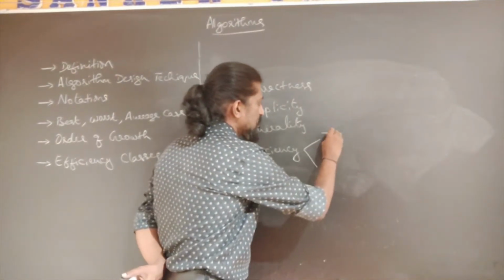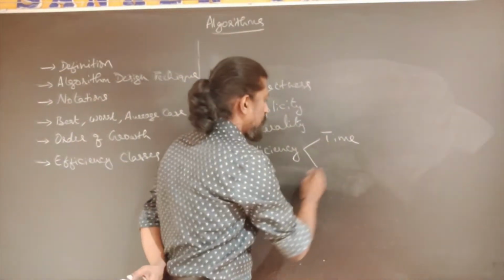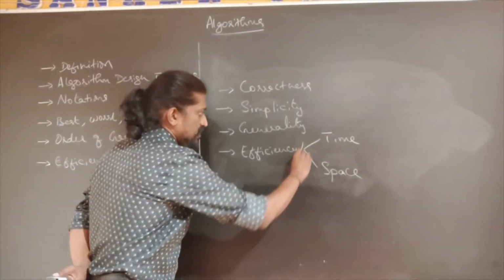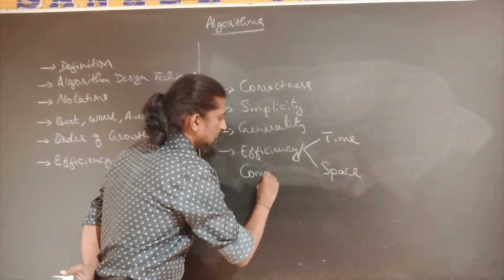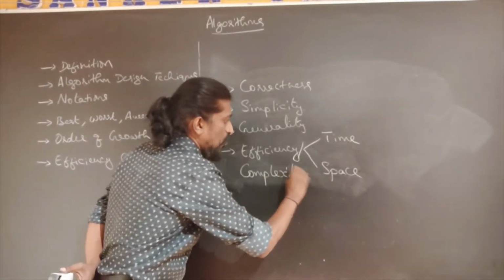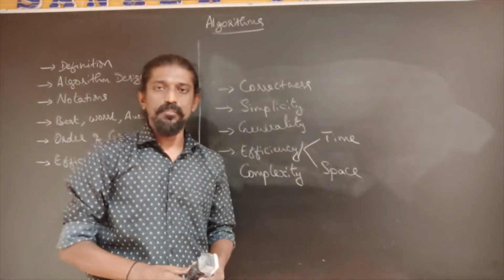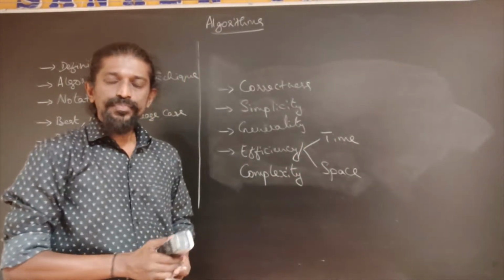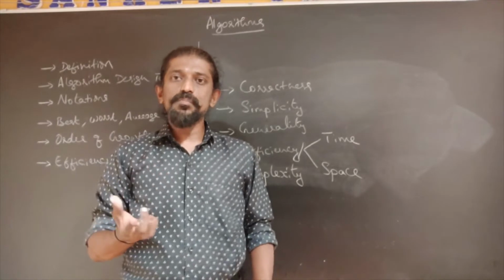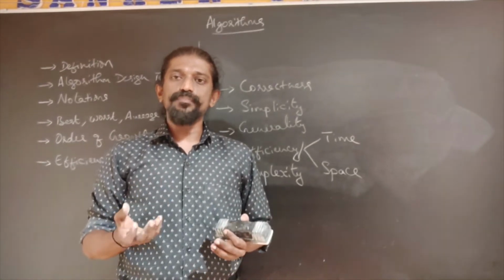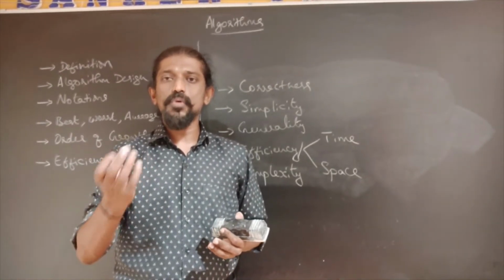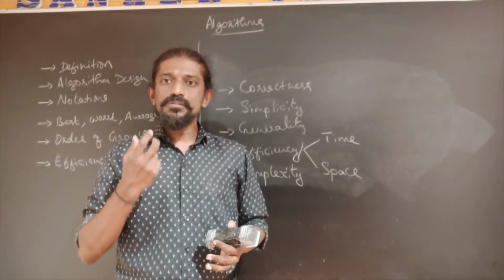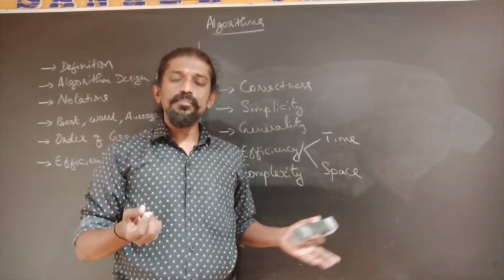And when it comes to efficiency, we have two aspects of efficiency. One is the time efficiency and the other one is space efficiency. So efficiency is also referred to as complexity, time complexity and space complexity. So what do we mean by time complexity and space complexity? So time complexity, put in very simple terms, is the amount of time that the algorithm takes to solve a problem. Space complexity or space efficiency is the amount of space in main memory the algorithm takes to solve